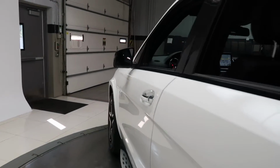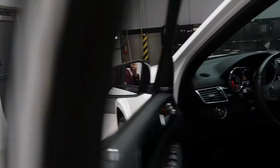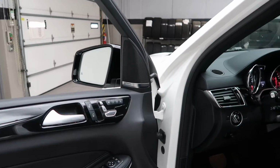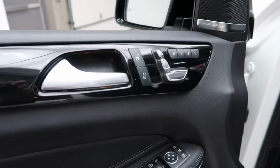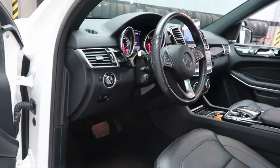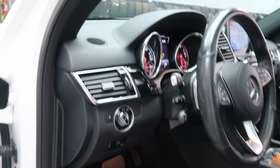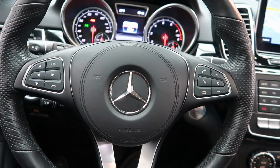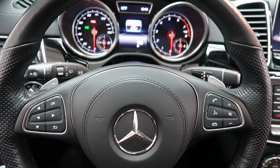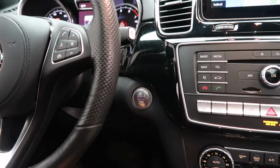driver's assistance package with active blind spot assist, active lanes keep assist, Distronic, Harman Kardon sound system, memory seats, heated steering wheel, illuminated door sills, smartphone integration with Android Auto and Apple CarPlay, steering wheel controls, paddle shifters for extra performance, push start ignition,